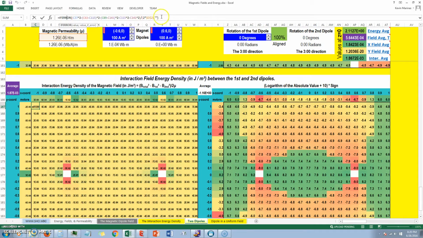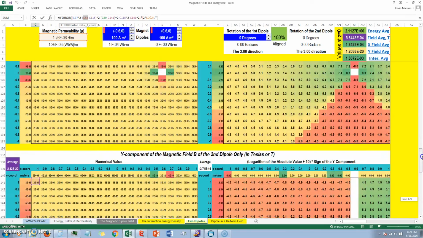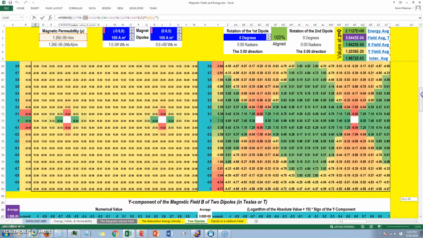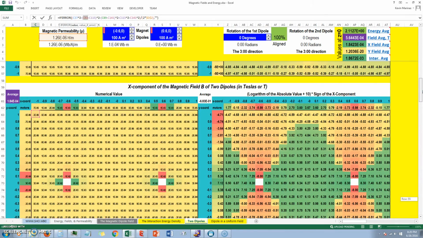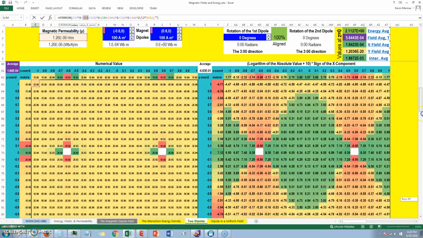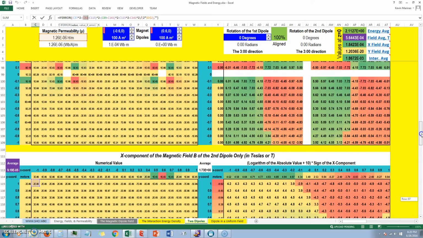If there's an error, it returns this. Otherwise, it's all good. Squaring C37 minus C63. So basically, this would take C63, which is our x component of the magnetic field B of the two dipoles, minus